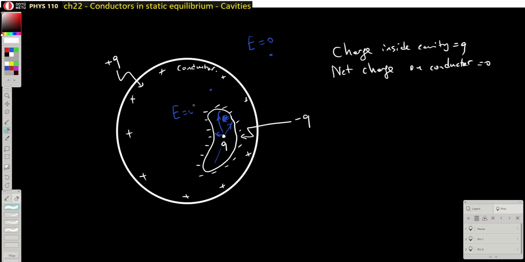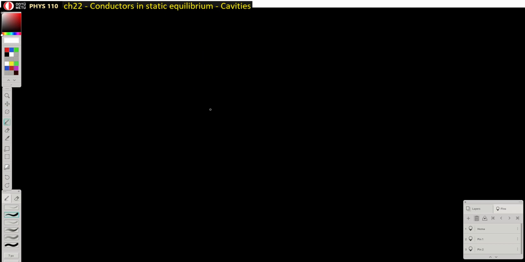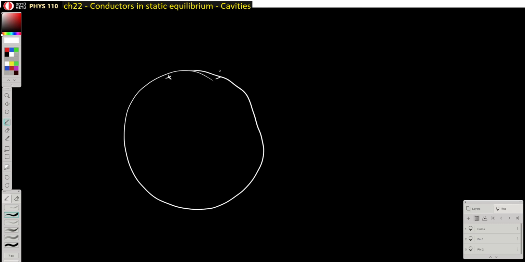And so as a result, from this point of view, this whole distribution is equivalent to a distribution of a charge at the surface of the conductor. Okay, so there's a plus Q charge distribution at the surface of the conductor. In reality, there's some kind of a cavity in here, and there are some distributions in there, but they don't have any effect outside or inside the conductor. And so as a result, I just forget about them. Now the question is,